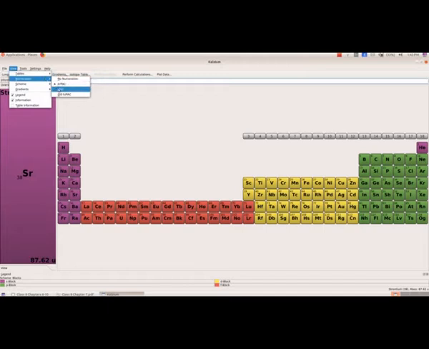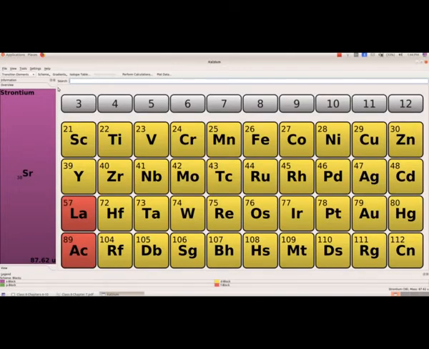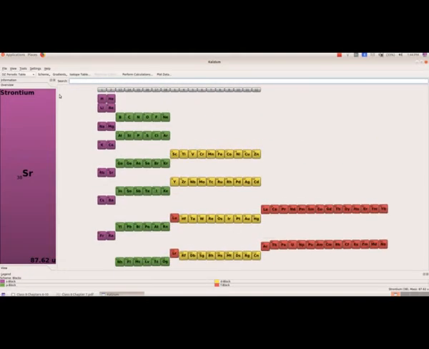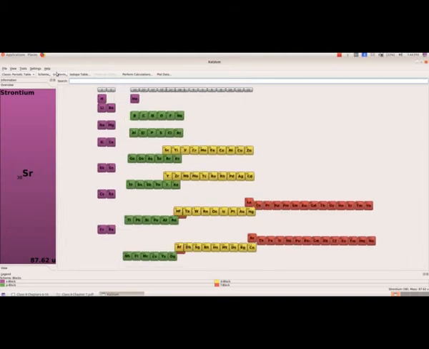Then we have transition periodic table, transition elements. That periodic table will have only the transition elements. So these are the transition elements. And then we have the fifth type, which is DZ periodic table. So this is the DZ periodic table, and the default one is, as I told you, it is classic periodic table, which will be given in your textbooks and all.